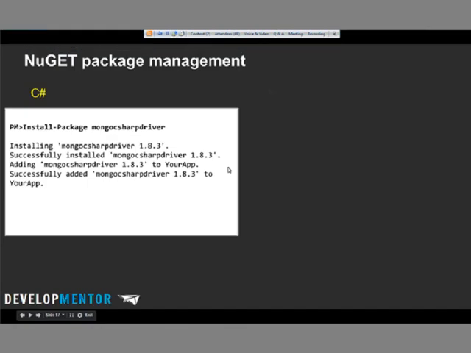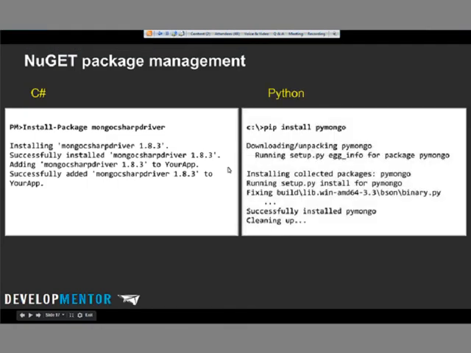Okay, so moving along. I want to make sure I get to some of the things at the end that you guys have asked about as well. So you can run this thing called pip, PIP, for Python install package. To do this, just like you can do the install package from PowerShell, or you can just use the UI in PyCharm. Notice, I don't think the Visual Studio one has such a UI.